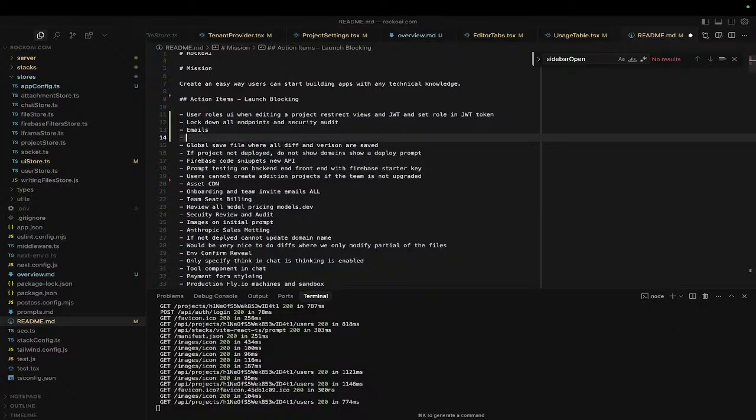And then we need to limit the number of projects that can be created based on team plan. Yeah, I'm still in the mix of figuring out a lot of this back office housekeeping stuff,